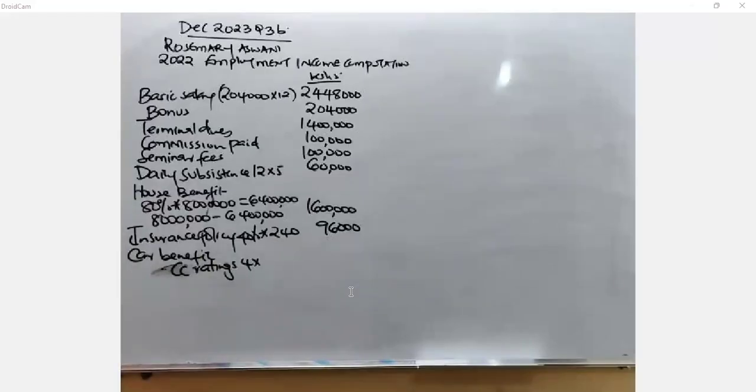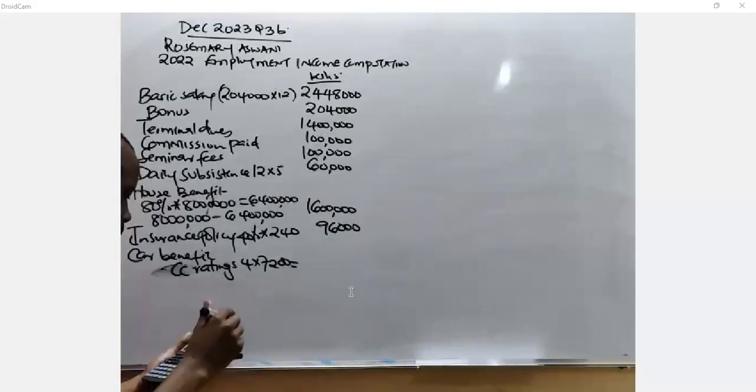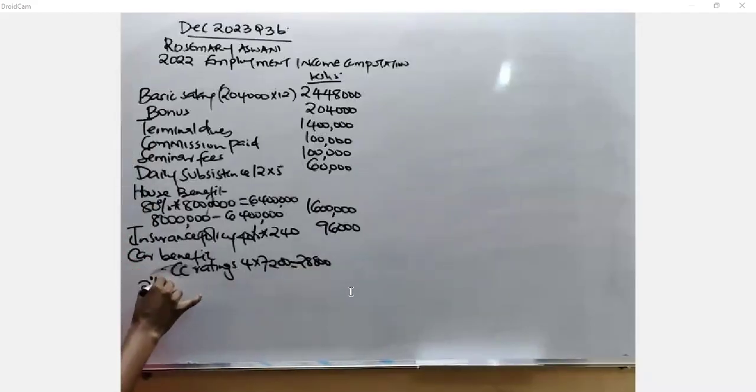What is the rate per month? The rate per month for that saloon car, which we have been told is around how many cc? 2000. Now 2000 is not 8600 as earlier. It should be between 1751 and 2000, which is 7200. So 7200 times 4, we are getting 28,800. Then here you take the 2% times 4 months times